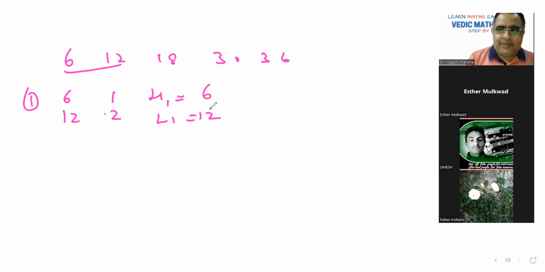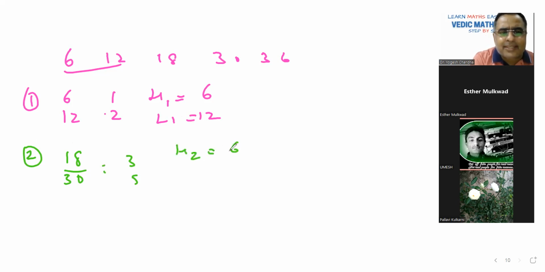नो सर। आपका क्या आया था? आ गया सर समझ में, कहाँ पे गलती हो गई थी। 18 और 30. So 18, 30 का मतलब है 3/5. 6 3s are 18, 6 5s are 30. So H2 is equal to 6. L2 is equal to 90. Any doubt? नो सर।